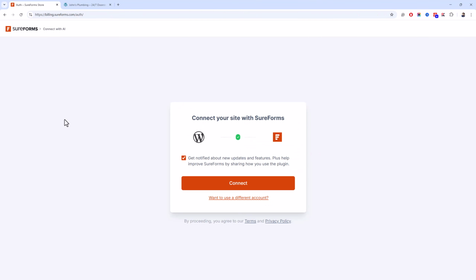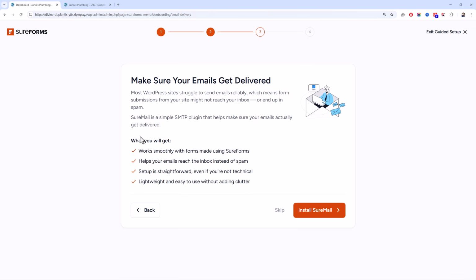Once you have logged in, it will ask you to connect your website with ShowForms. Click connect and there you go. It will optionally ask you to install ShowMails, so your emails will be delivered to the inboxes, because out of the box WordPress default emails tend to go to the spam folder.